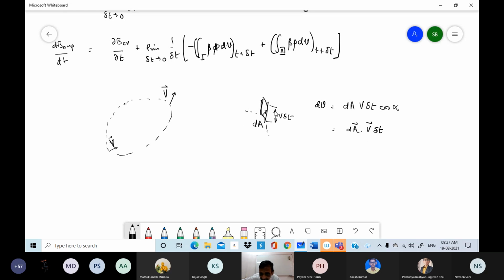So in the outflow area, if A and V are aligned, then I would get this volume. So then in region 3,